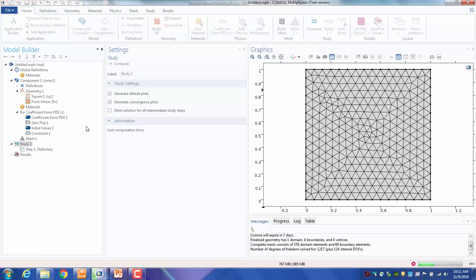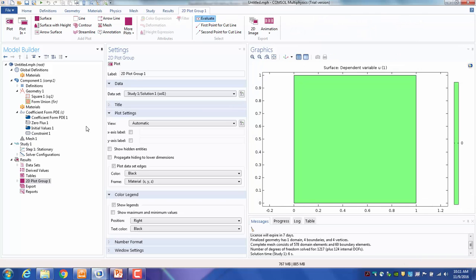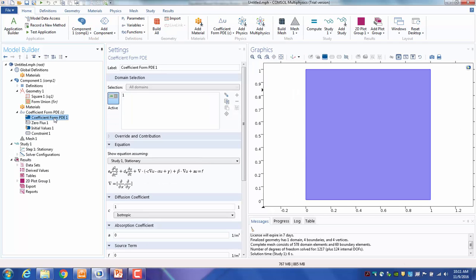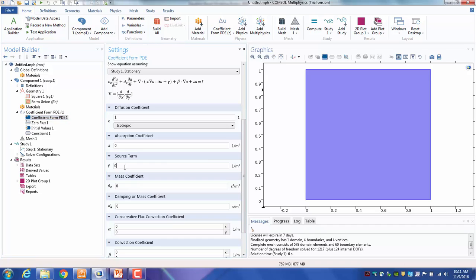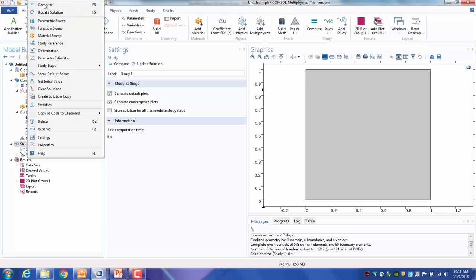Now this is going to give me a 0 solution back. I'm solving the Laplace equation with 0 boundary conditions. But what we wanted to do was the Poisson equation. So if I go back to the coefficient form and put F is equal to 1 and solve that,